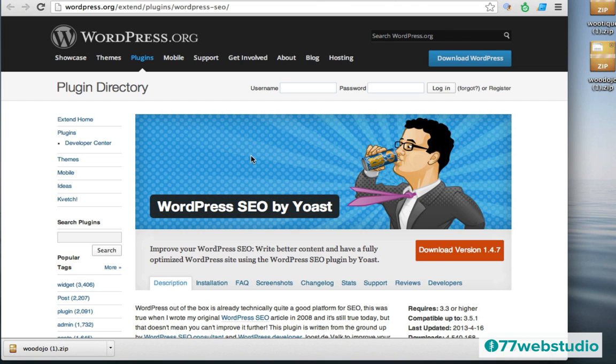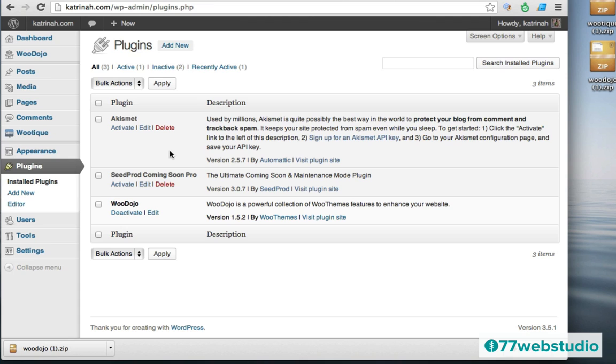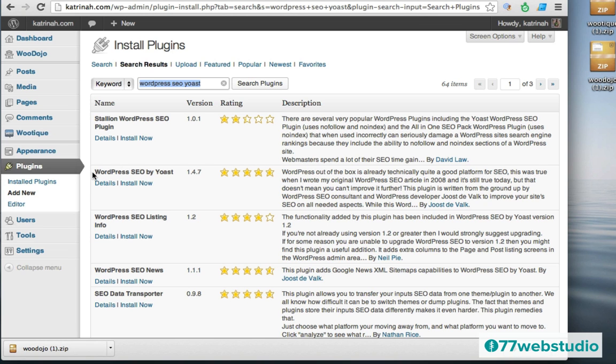An easy way to add plugins from WordPress is to go back to the dashboard, and then on the left-hand side we're going to click on Plugins once again. And here on the plugin screen, again, I'm going to click on Add New to add a new plugin. And this time, instead of clicking on the upload link, I'm just going to do a search here for WordPress SEO by Yoast. And then I'll click on this button here that says Search Plugins. So we see here it's the second one listed, WordPress SEO by Yoast. It has 4.5+ stars, so that's really good based on over 2,000 ratings.